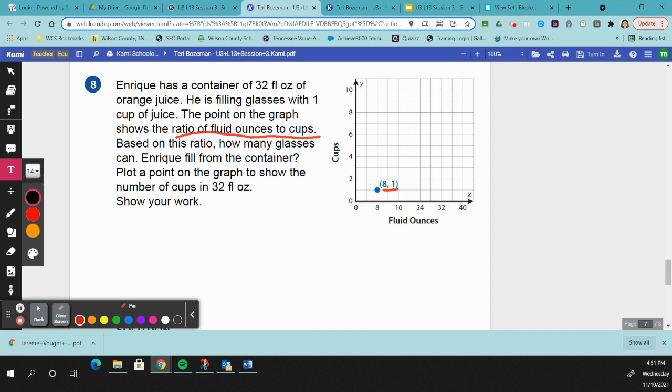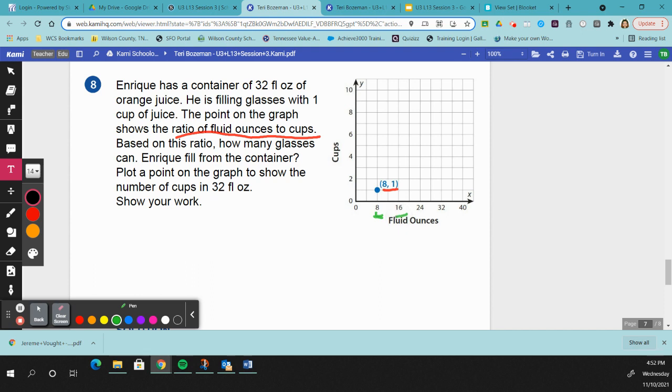So there's lots of ways that we could do this, right? We could create a table. We could figure out multiplication and comparing the ratios themselves. But the strategy I want us to look at together is using this coordinate grid. So if I'm using the coordinate grid, then I know that my pattern follows my ordered pair, 8 to 1: over 8, up 1, over 8, up 1. So if I'm looking at my scale here,